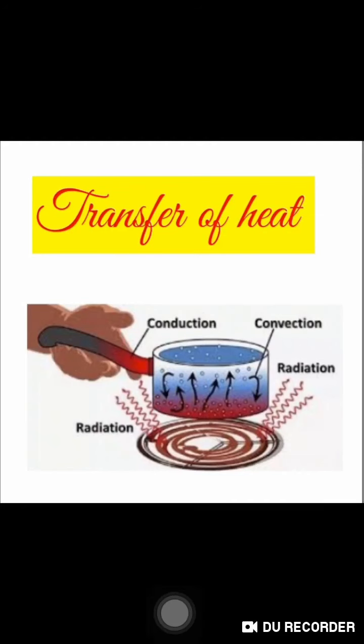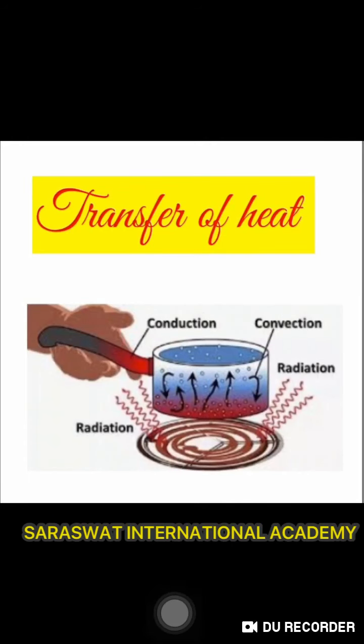Children, in this session we will be studying about transfer of heat. You might have observed that a frying pan becomes hot when kept on a flame. It is because the heat passes from the flame to the utensil. When the pan is removed from the fire, it slowly cools down. Why does it cool down? The heat is transferred from the pan to the surroundings. So you can understand that in both cases, the heat flows from a hotter object to a colder object.